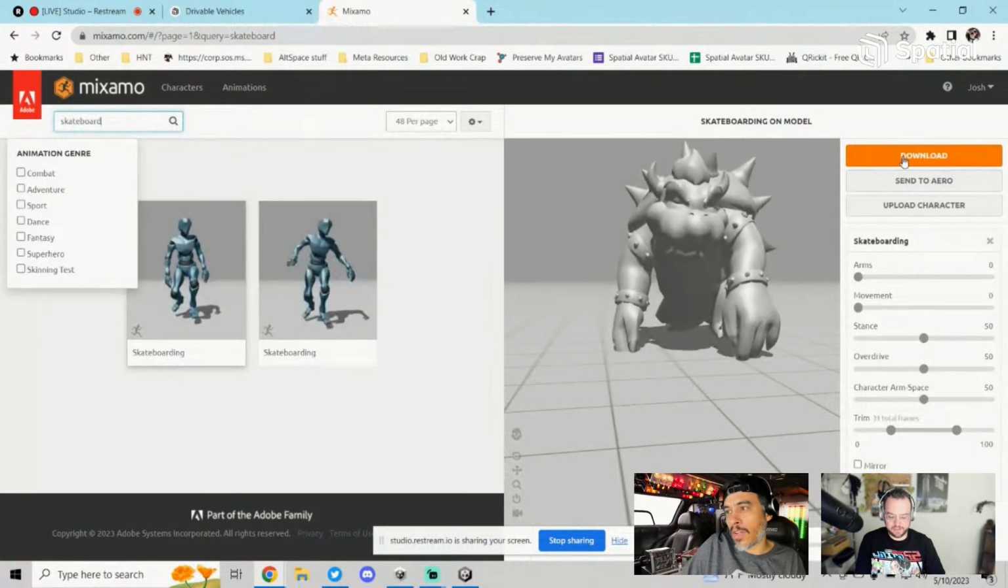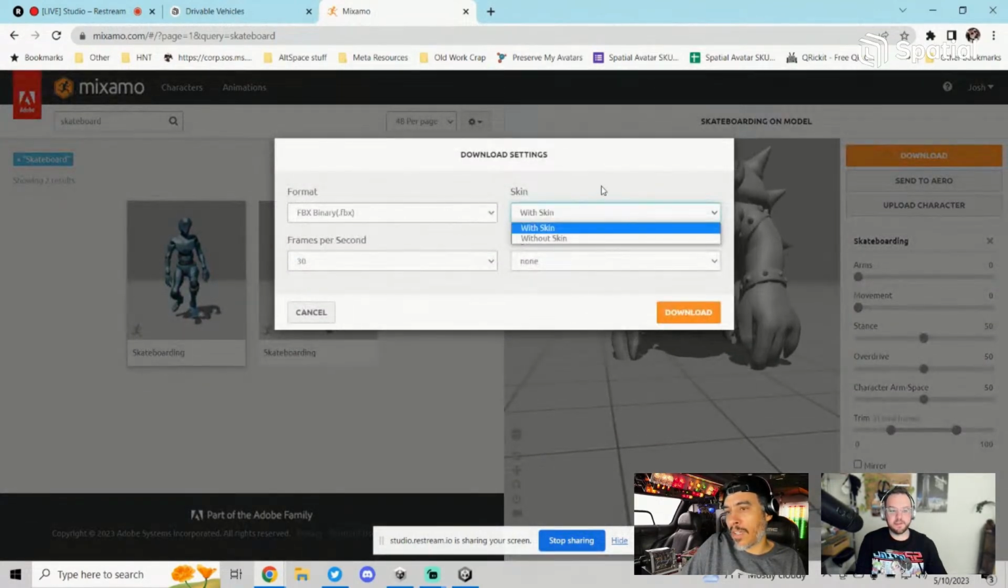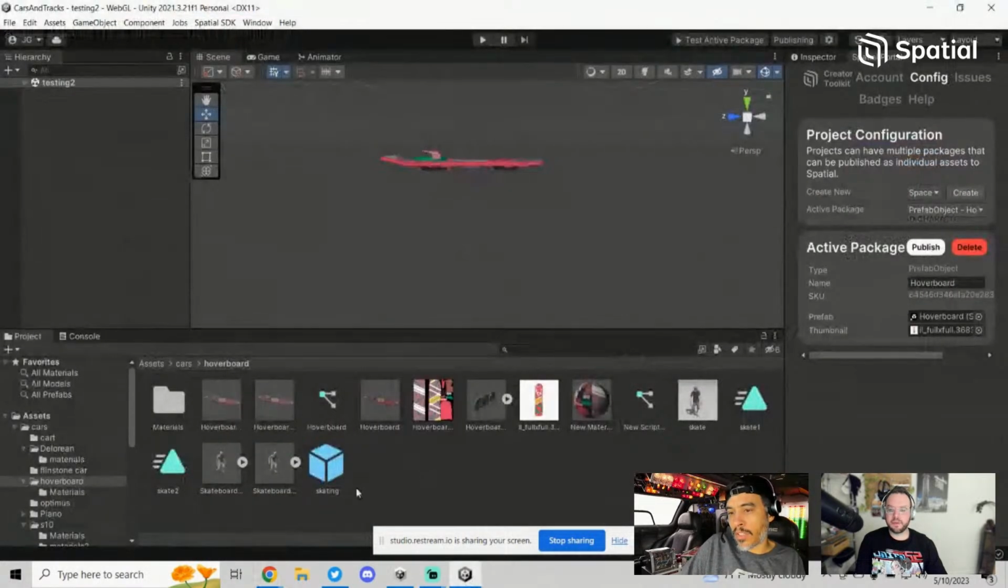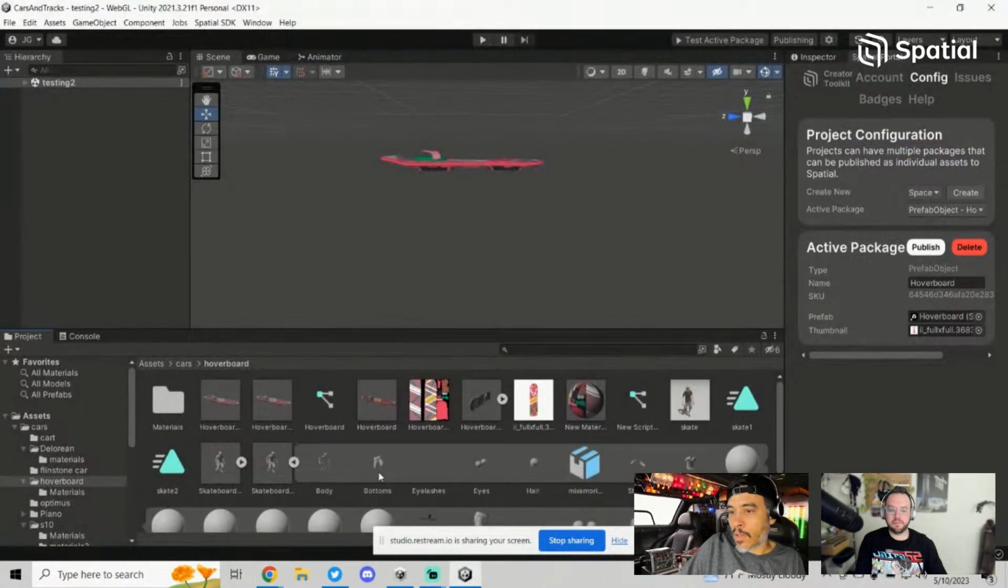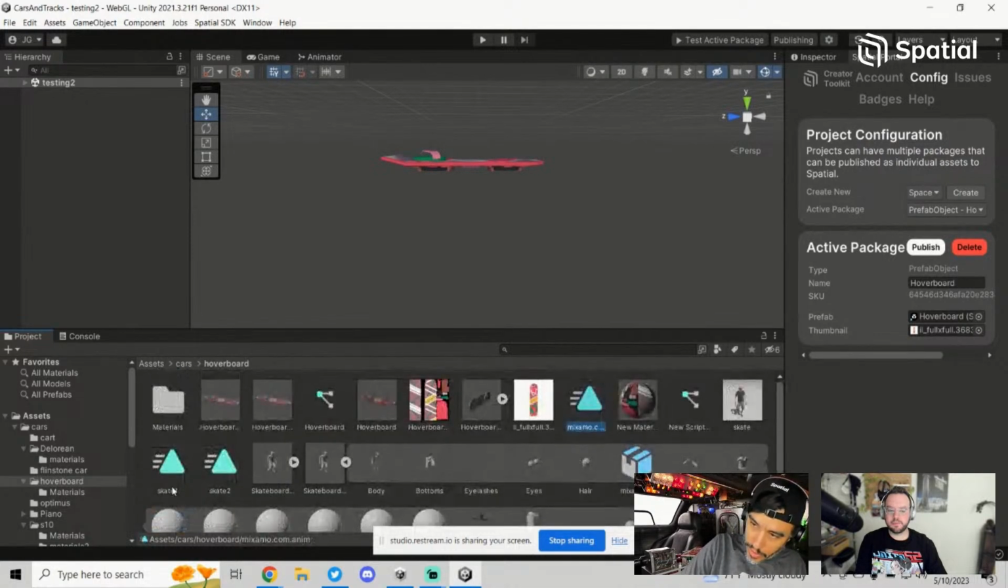And in order to get it, all you have to do is hit download here. You can do it with or without the skin, and it'll give you an FBX file that once you download and put it into your project, it'll look something like this. And so when you have the model with the animation, it's just the little triangle looking part, and you can hit Control D to duplicate it out of the model and into your project so that you can